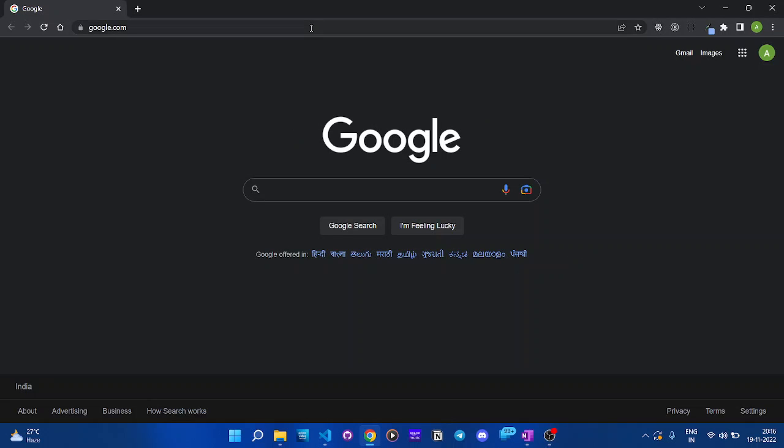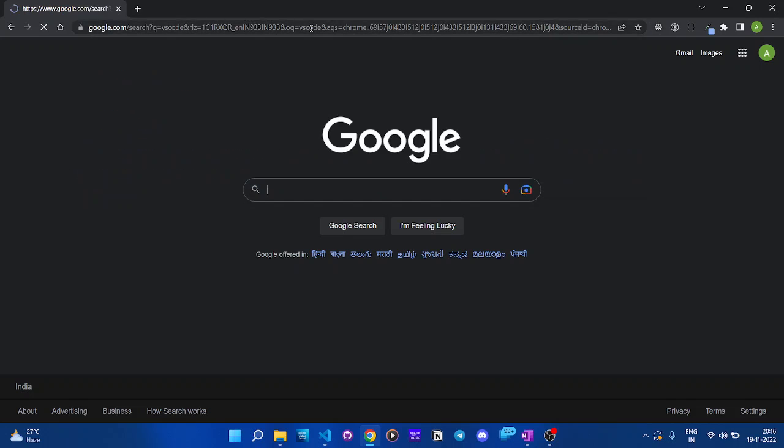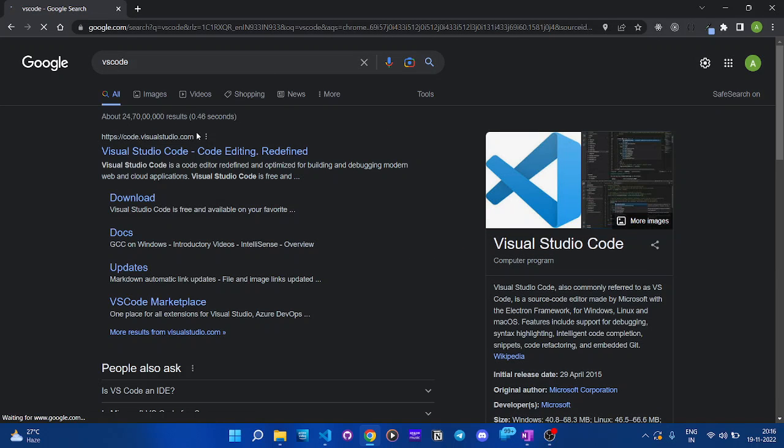In this video, we're gonna see how to install Visual Studio Code and how it will be useful for your development. So to start off with, type just Visual Studio in Google. You'll see this code.visualstudio.com. It's basically the first thing that pops up. So open that,